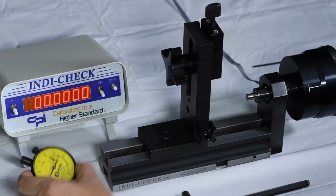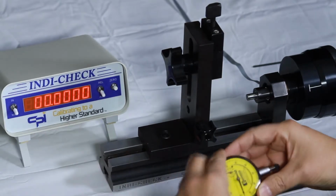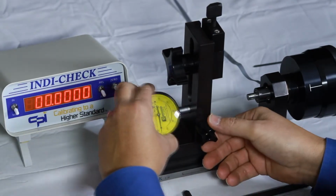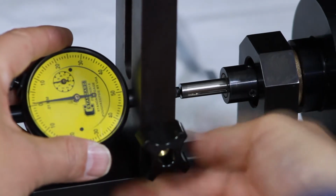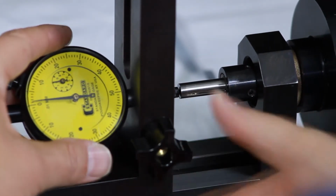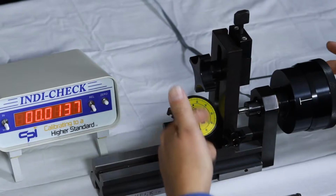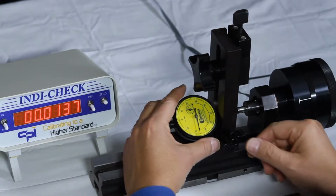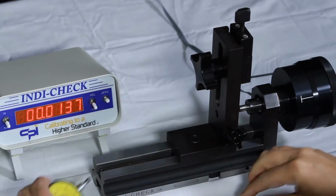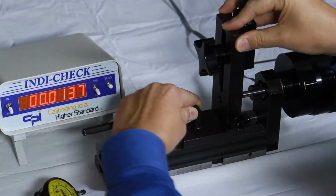And now we're going to go ahead and calibrate a metric dial indicator. You simply put the indicator into the Indi-Check. You don't need a mount at this point. You're going to slide it over till you get to the point of where you're going to have enough travel on the mic head to calibrate the entire range of the indicator. When you get to that point, you simply remove the indicator, you lock down the upright, which is this fixture right here,